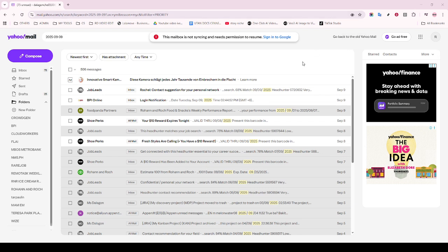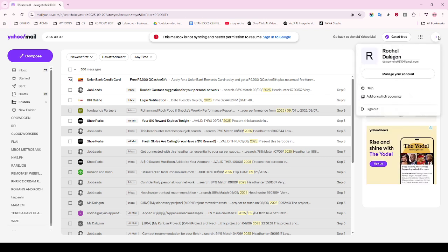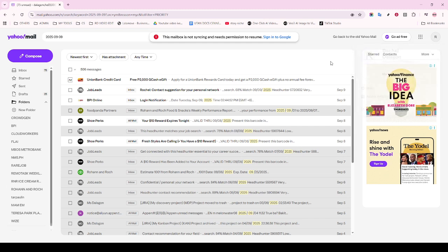Now, you need to select a recovery option. Yahoo provides several ways to verify your identity and help you regain access, commonly through your phone number or an alternate email address you may have previously linked to your account. Select the option that works best for you, bearing in mind that you'll need access to this recovery option right